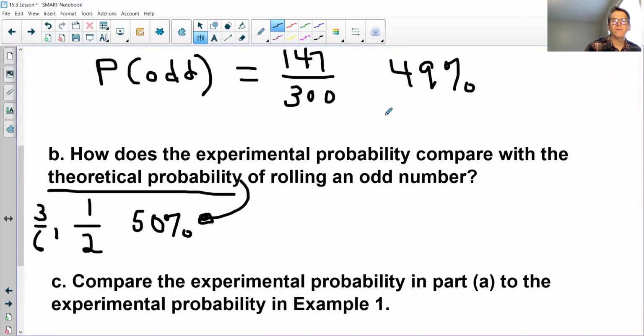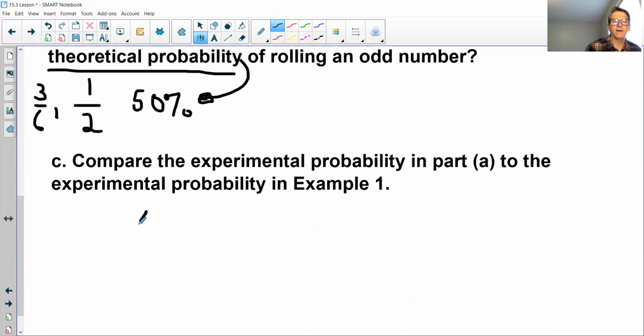So we had 49% in the above example. And it says here, as the number of trials increased from 50 to 300, the experimental probability decreased from 58 to 49. So the 58 came from example 1. We had 58%